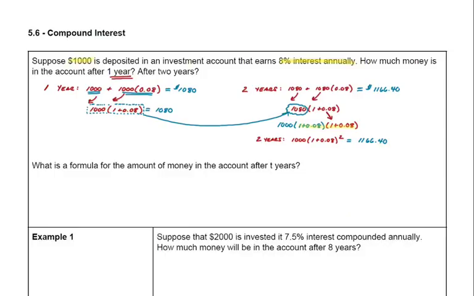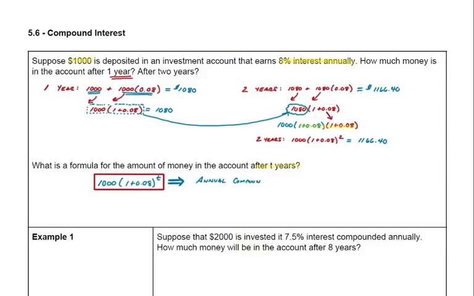So if I want to generalize that for any number of years, we're asking for the amount after t years. In this example, it would be 1,000 times 1 plus 0.08 to the t. So if the question was, how much is in the account after 12 years, you wouldn't have to calculate the interest after 1 year and then take that amount and calculate it for year 2 and then take that amount and calculate it for year 3 and so on and so on. You can just take your original amount, your interest rate, and raise that to the number of years that the investment has been earning interest. And that is giving you a sense of where the formula comes from, because if I want to think about a general formula for any